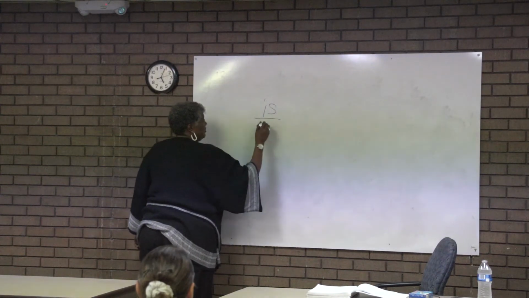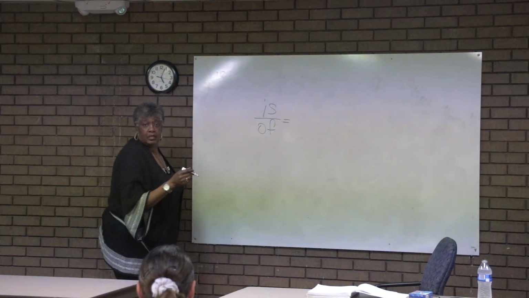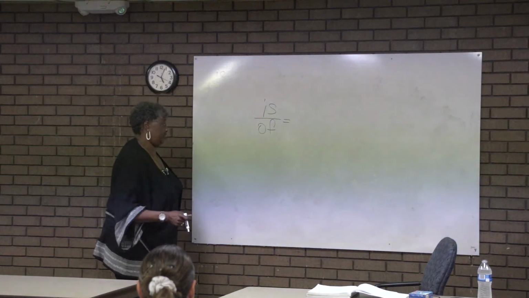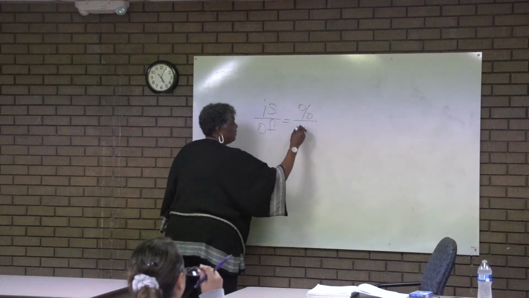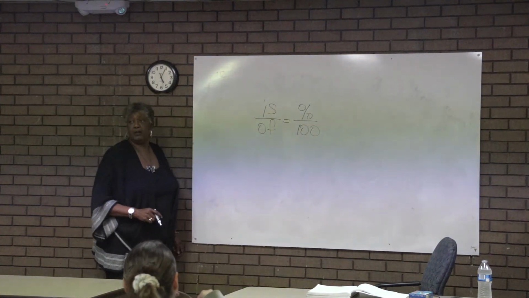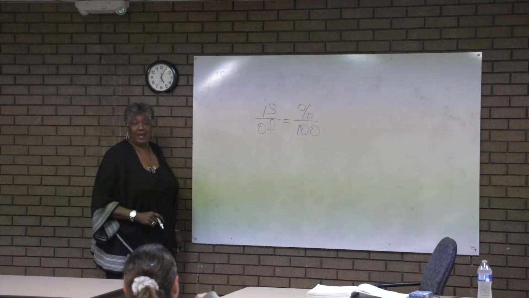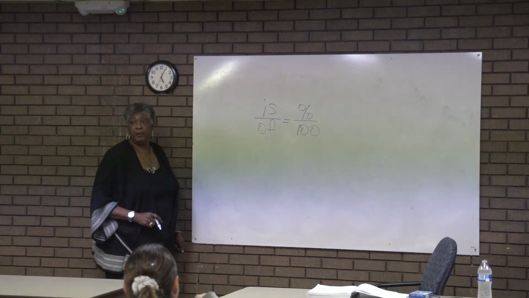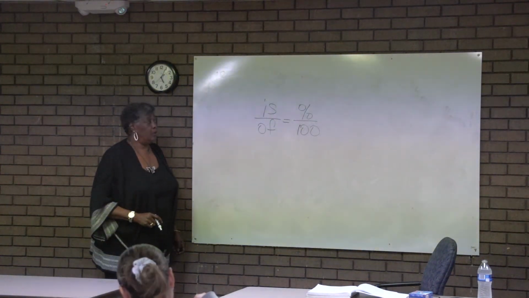So you need to be able to say this. It ought to be on your license tag. You need to be able to say this and know this. This proportion is going to make percent so easy for you. You have to memorize that. Is over of equals percent over 100. Once you have that, then you should be able to put the numbers that appear in your problem where they